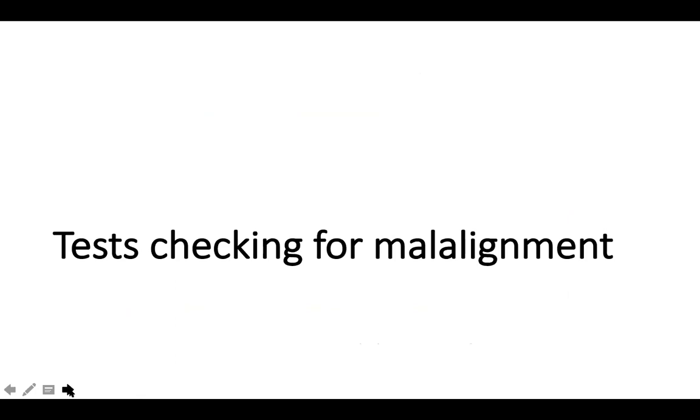So having understood how to check for movements or cardinal movements, you should also quickly check for malalignment, especially as many children or many adults can present with a squint. If a squint is very acute, with sudden onset diplopia, it's of course definitely neurological, but children can have a long-standing squint due to a primary ocular issue as well. So at least as a neurologist, we should have some basic idea about how to check for malalignment.